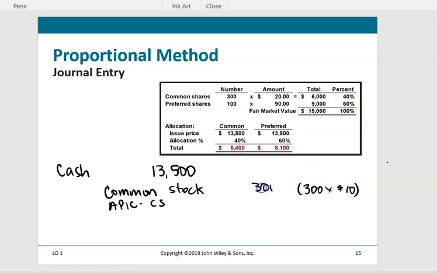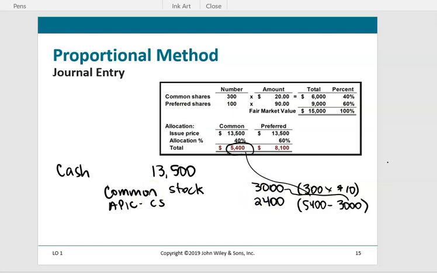The common stock account goes up by 3,000. We want common stock plus additional paid-in capital to go up by a total of 5,400. So the difference is what we plug into the additional paid-in capital account. So this 5,400 is what we have here, and this 3,000 is attributable to the par value, what we back out, and that difference of 2,400 gets recorded to additional paid-in capital on common stock.